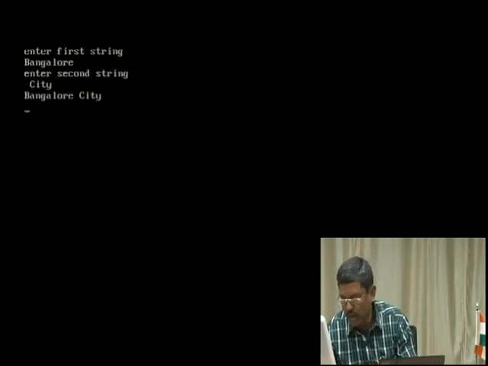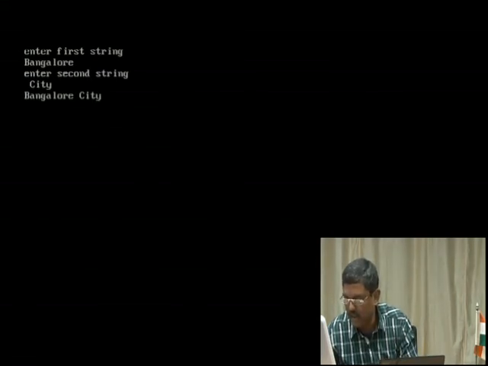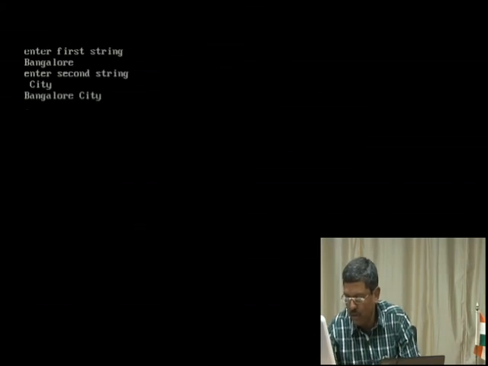Now we have understood how to combine the two strings and write onto the monitor. So it's a library function, a fantastic library function. But can we do so without this particular function? Are we able to do it on our own? So how to do that? So definitely we can do it.